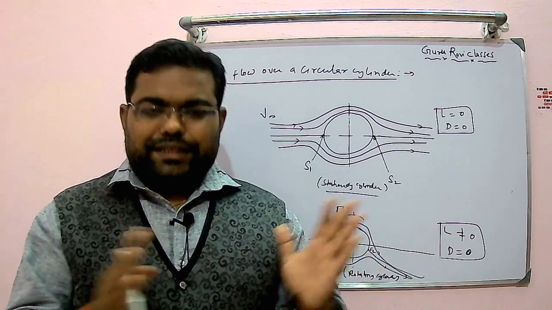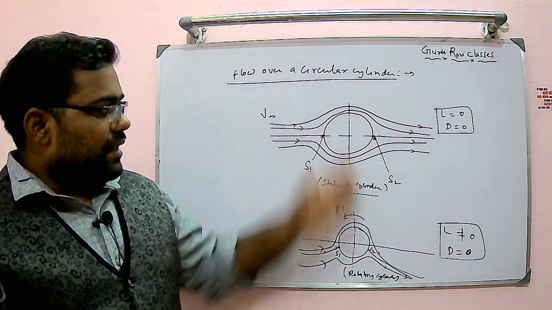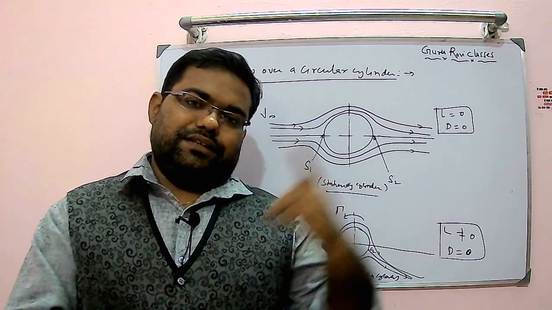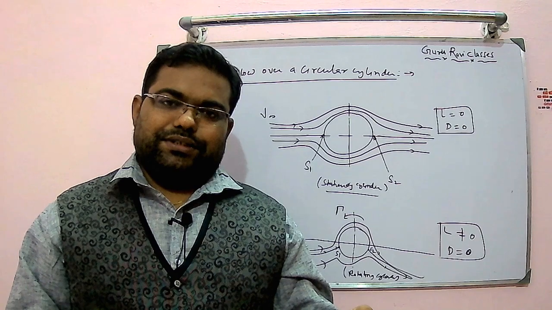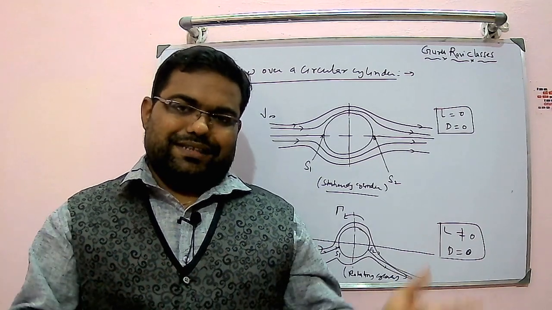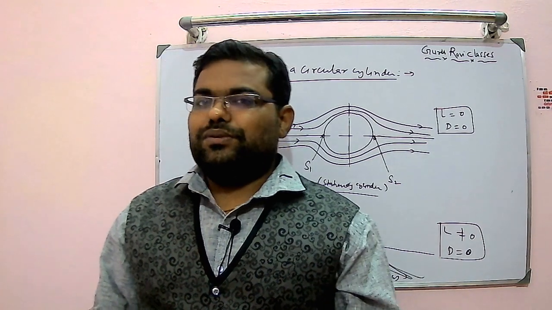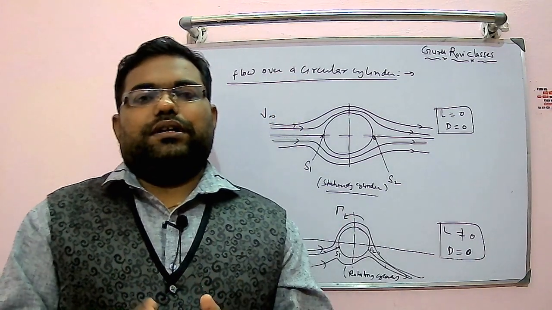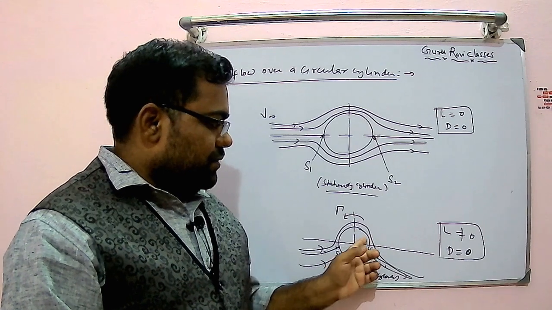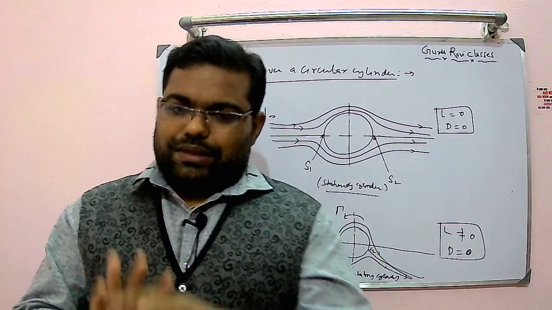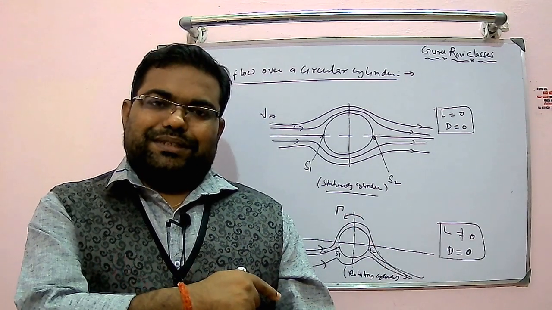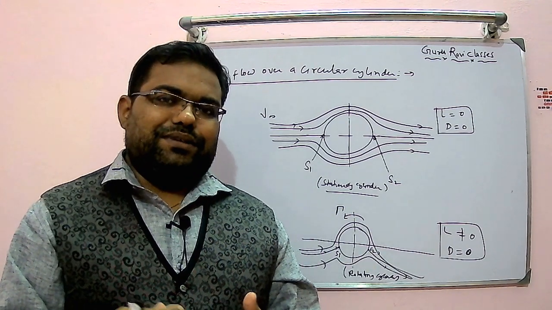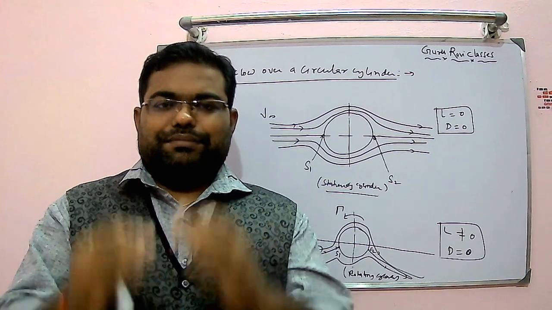So one thing is clear from this picture: whenever any object is facing the flow, it will have two stagnation points. One where the flow is getting attached, and another where the flow is getting detached. And based on the relative motion of the stagnation points, your pressure distribution will also vary. And we need unsymmetrical pressure distribution if we want to generate lift. So that will happen in this case. So one thing is, your lift is due to the circulation basically. That's one observation. My intention was to give you an exposure to that. The lift is basically due to circulation.